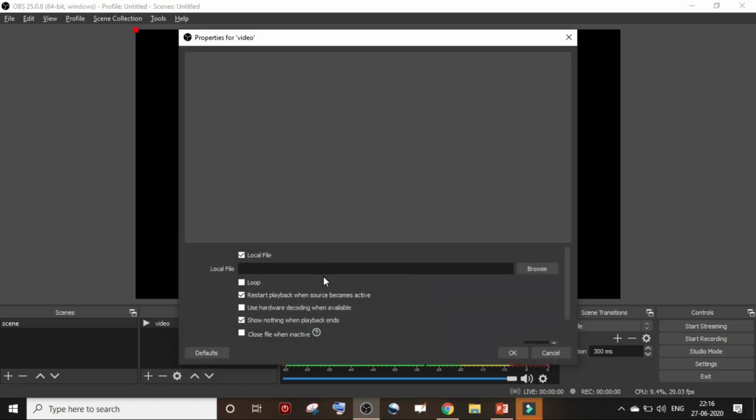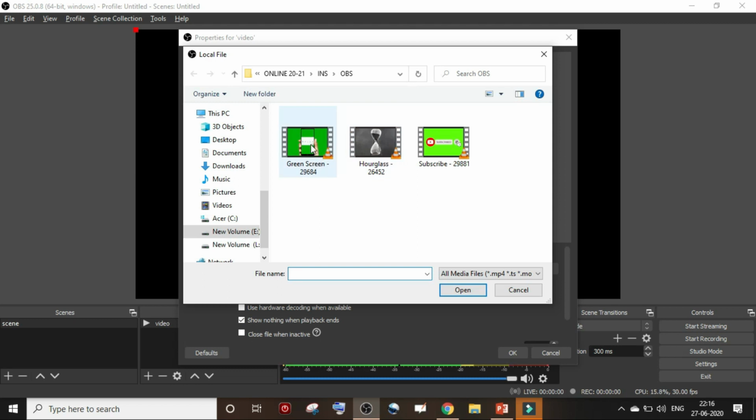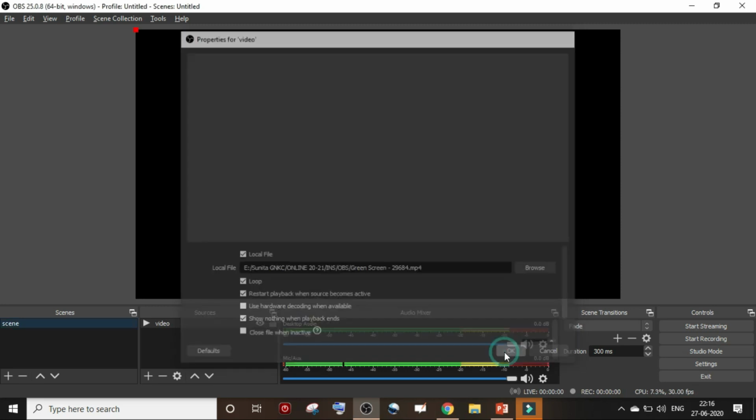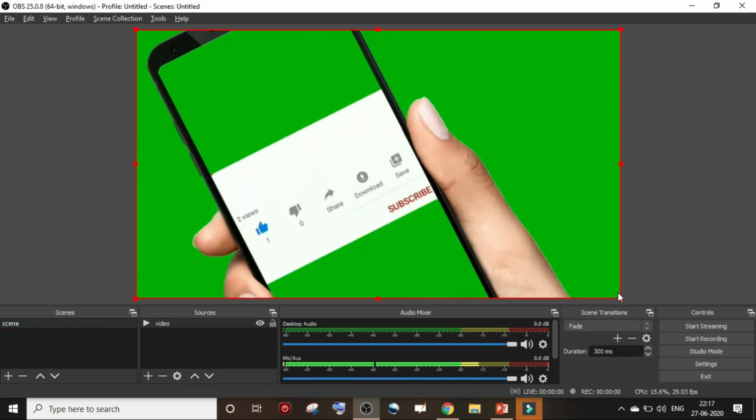After that you need to browse for the video you want to show. I have downloaded free, or I can say non-copyright, videos. Select this video, then select the loop option so that my video plays continuously, and click on OK. Then adjust your screen.